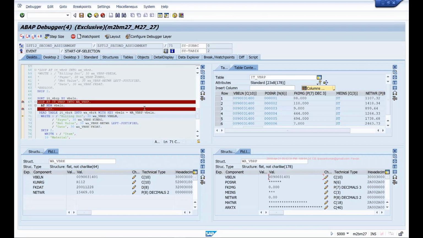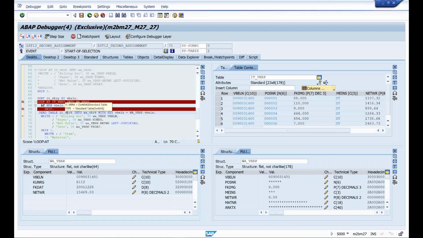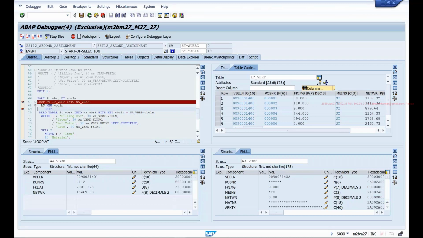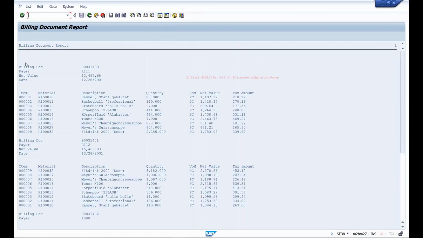Again it is reading this internal table to get the details about my 401 document. It's reading the header table, IT_VBRK, and copying the 401 document details to WA_VBRK, which I'm again printing. So the third document, 402, fourth document, 403. Like that I'm printing header and items for each document. Okay.